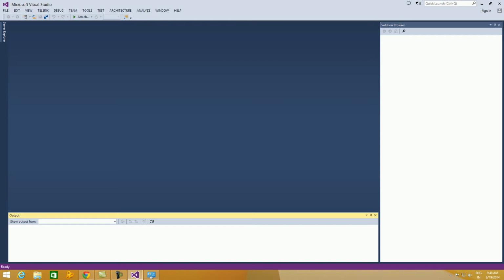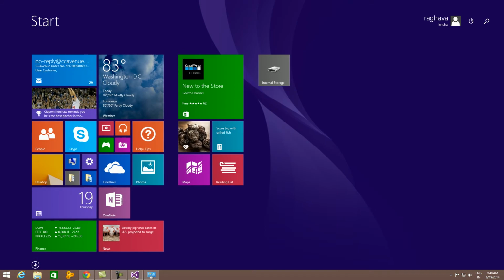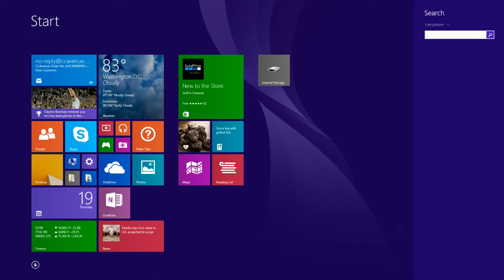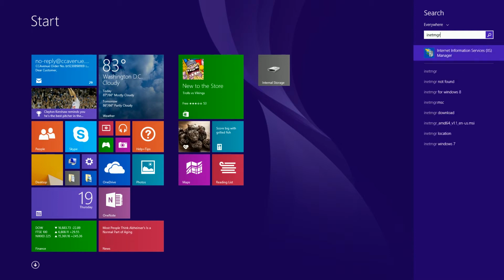So to create a website using the IDE and deploy it in the server IIS, before creating the website, let us see whether the server is installed or not by going to search and typing inetmgr.